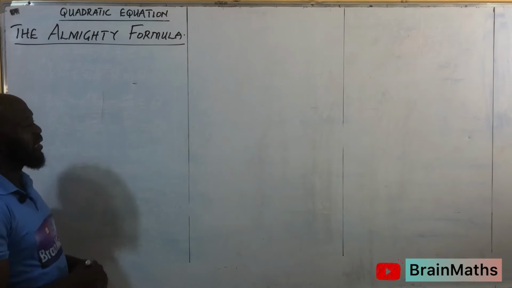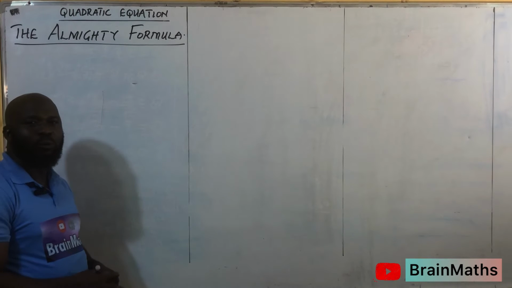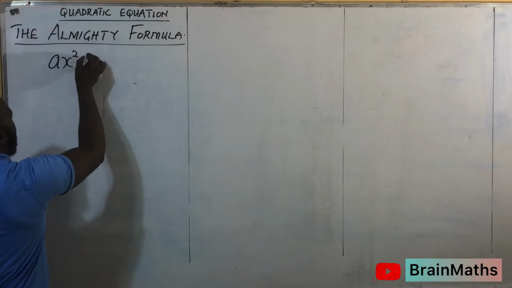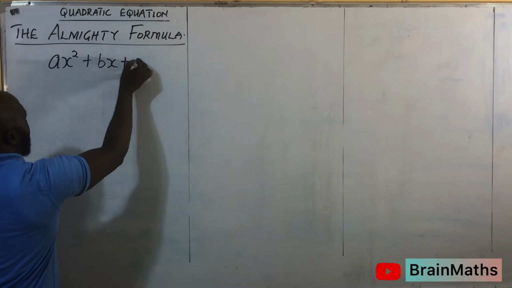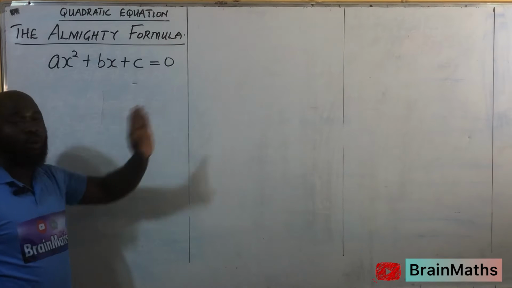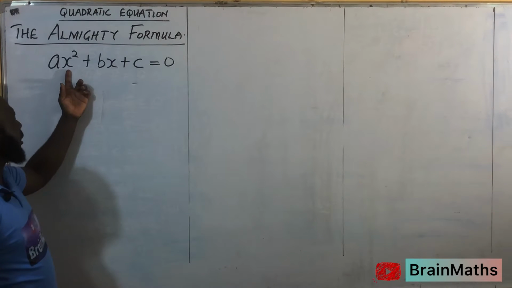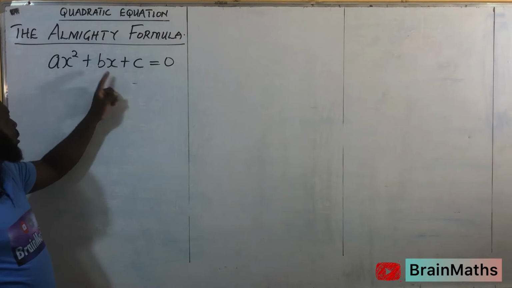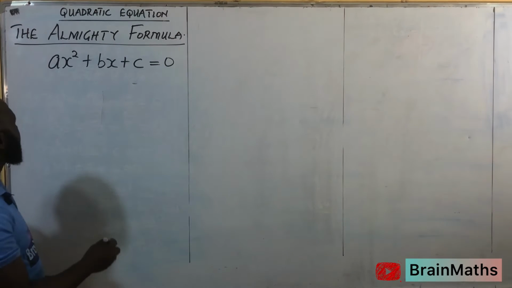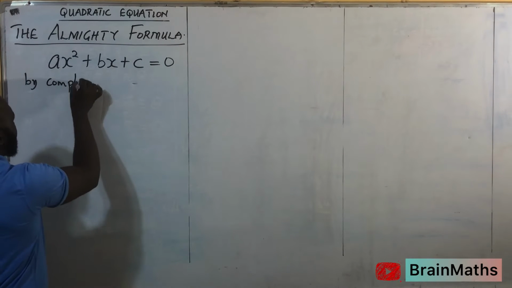And the formula is generated from the general form of quadratic equation, which is ax squared plus bx plus c equals 0. This is the general form of all quadratic equations, where a is the coefficient of x squared, b is the coefficient of x, and c is our constant. So using the completing the square method,